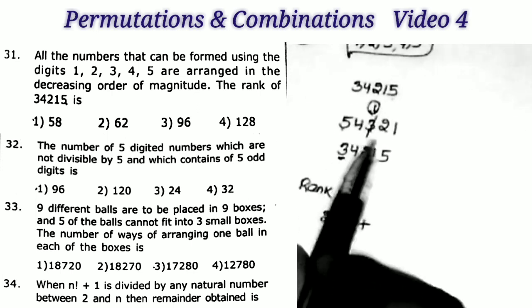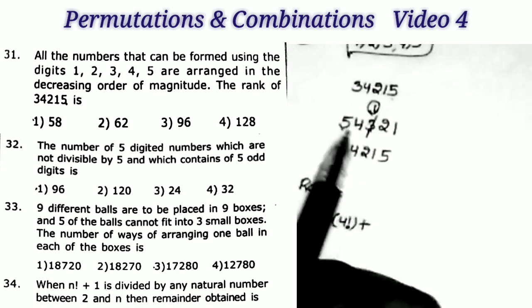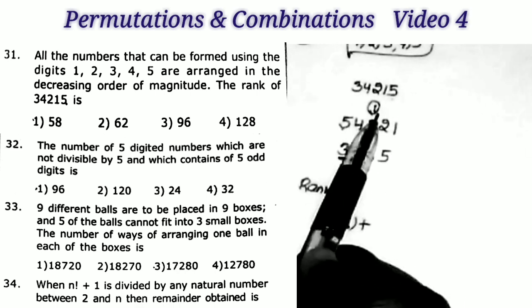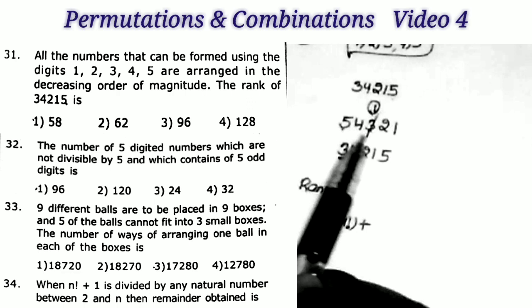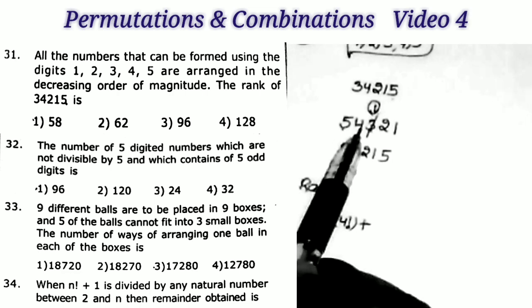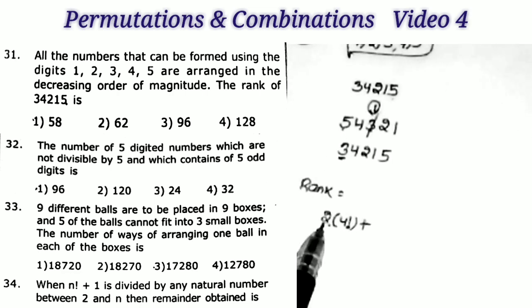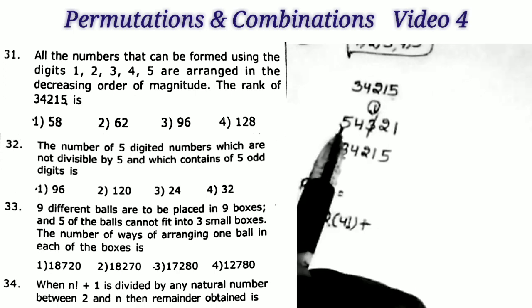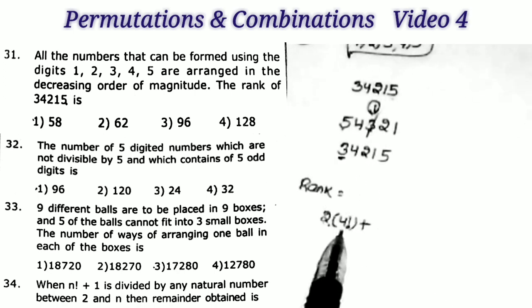3. So first we cut the number 3 in the decreasing order. Okay. And take 1 here and put 1 here. So before 3 we have 2 digits, that is we take 2 here, and the remaining numbers is equal to 4. We take 4 factorial. One number is cancelled here. Remaining numbers is equal to 4.